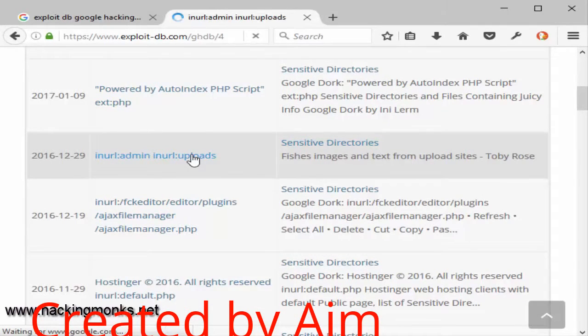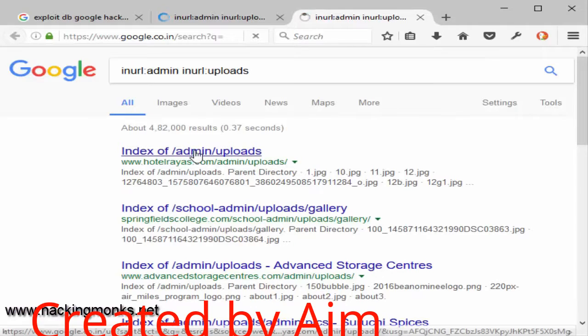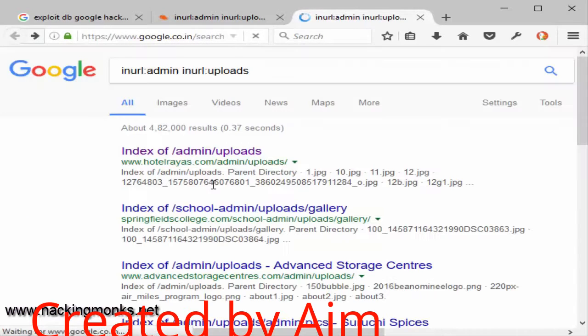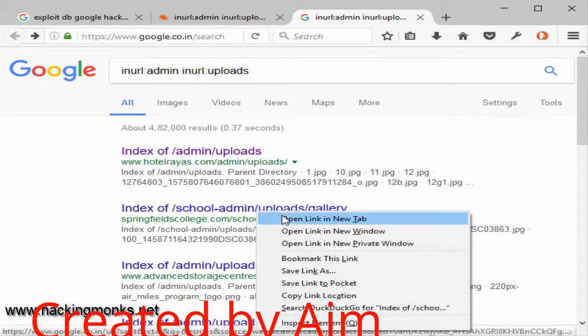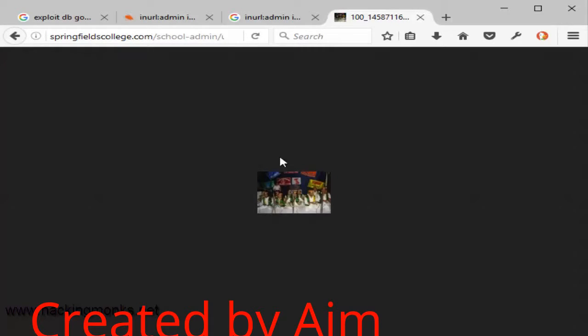Let's see this. Oops, his account has been suspended. You have to search for it. You can't just go and click any of them and get the info. I can't zoom this, but yeah, you get the idea, right?